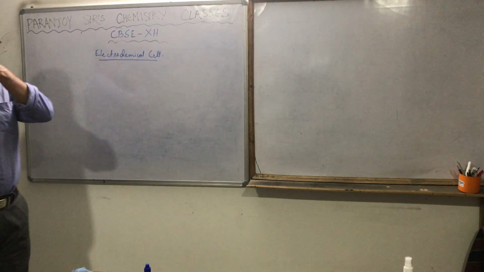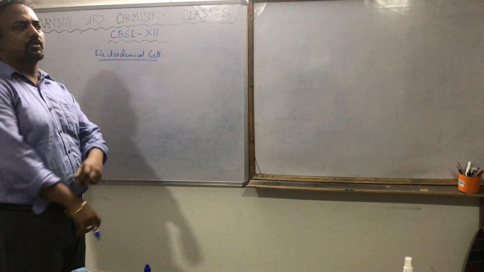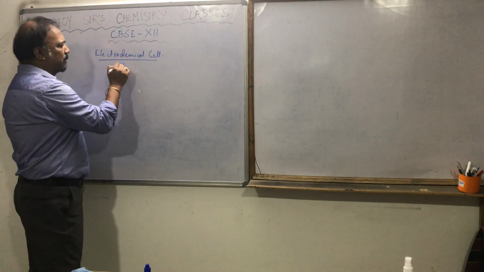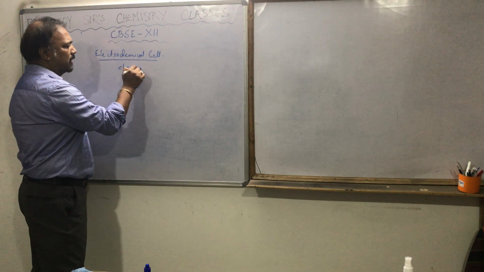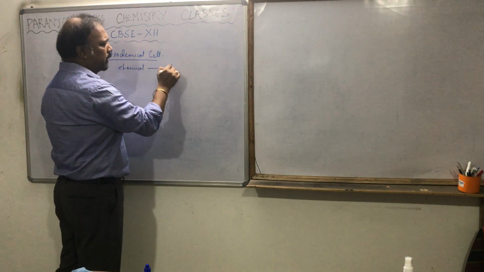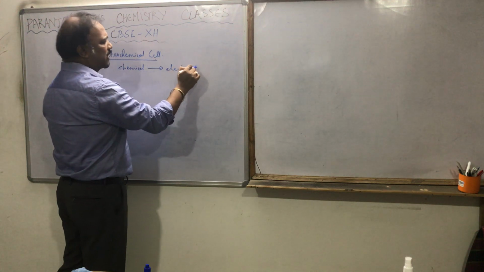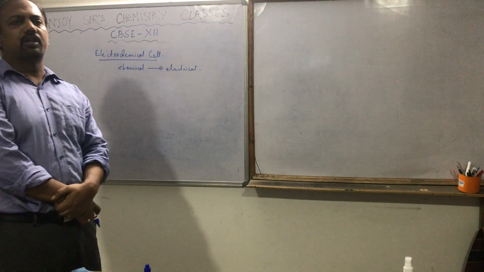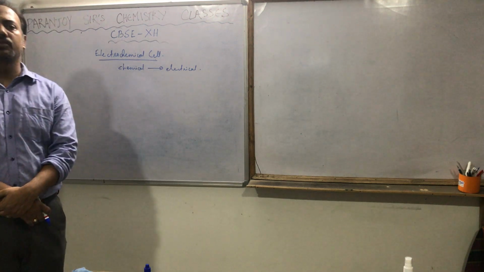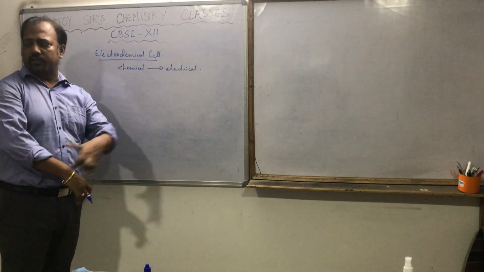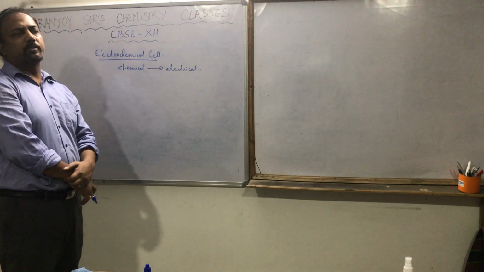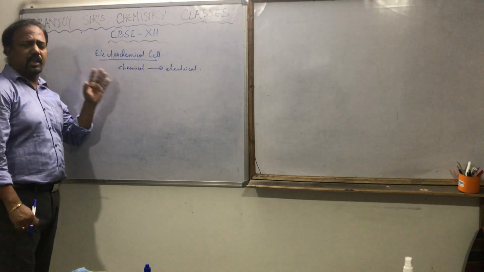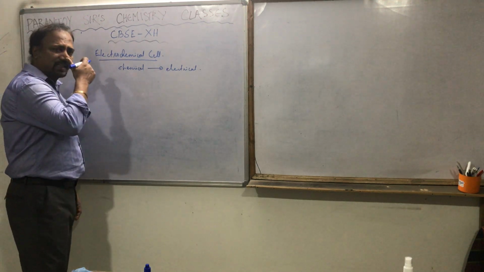Now what is an electrochemical cell? In the first line of electrochemistry I told you what it is. This is the device where chemical energy is converted into electrical energy. Some chemical reaction is taking place, and that particular chemical reaction is converted into electrical energy, or electricity is generated because of that particular chemical reaction. The first cell that was proposed is obviously the Daniell cell.